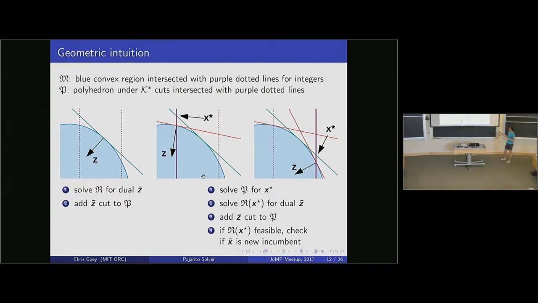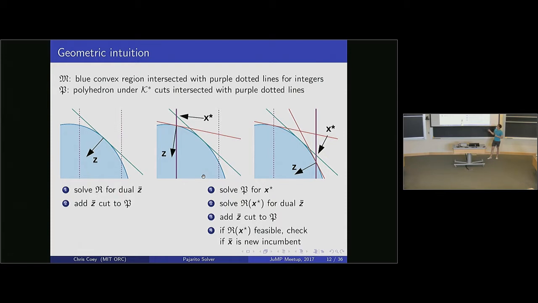Now over here, this is 2 steps of this little algorithm. We're going to solve that MILP outer approximation and get this maybe this x star up here, okay? Then we're going to solve this continuous conic problem where we fix the integer values to this value, the purple line here. And the dual on that is going to give us a cut that might look like this.